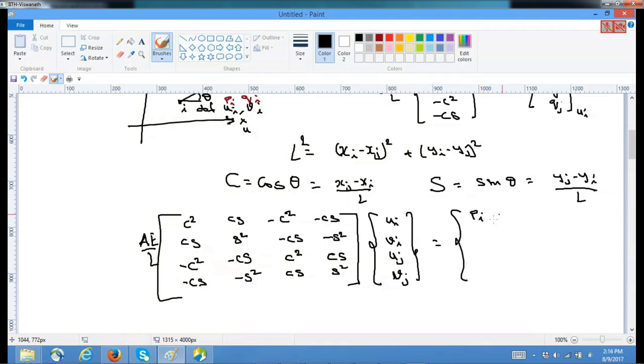So this is pi, not just from ui here, but from ui, vi, uj, vj, all the sums,